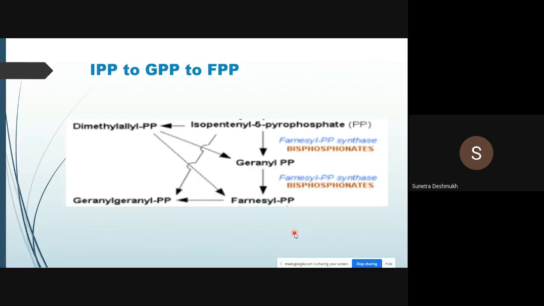How to do this conversion we have seen already in our terpenoids also, so pay attention to that. Isoprenoid units are very important for the synthesis of terpenoids, and the same sequence we have taken for the synthesis of cholesterol. So we'll see now one by one how to convert